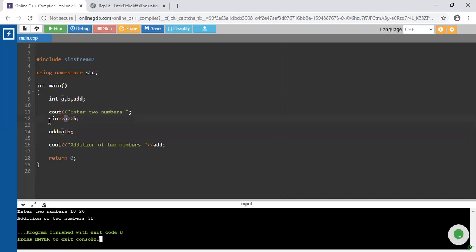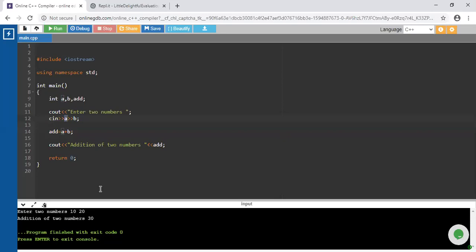Because in the previous example, or whatever task I have given to you, just for your practice, try to accept data from the user. If you are done with static data, don't worry. Just try to accept that data by using the cin function. Okay, so let us move towards the next one.